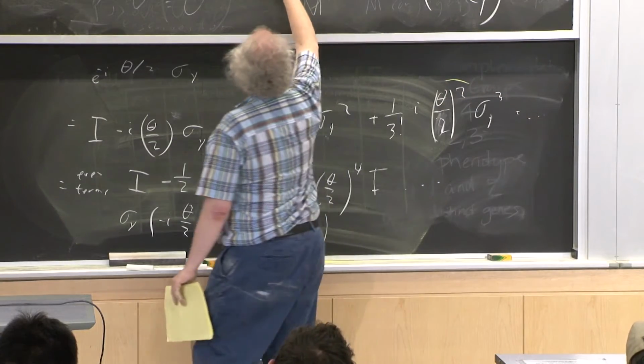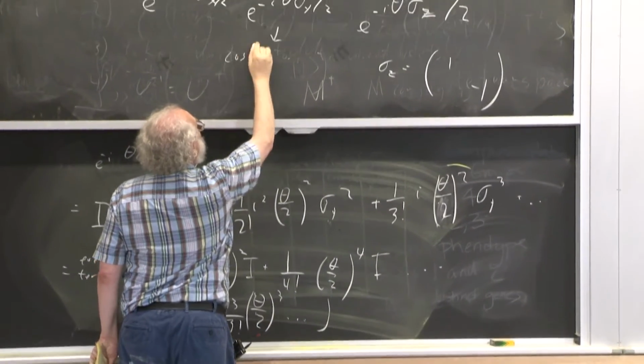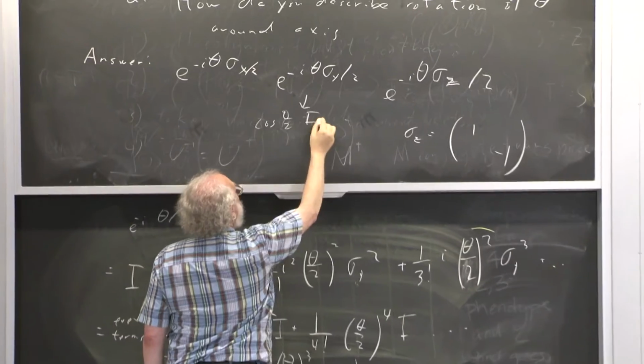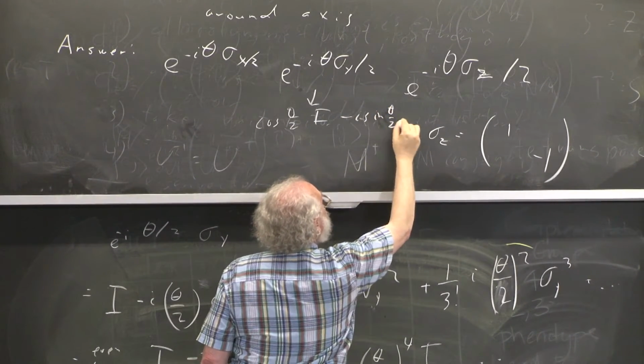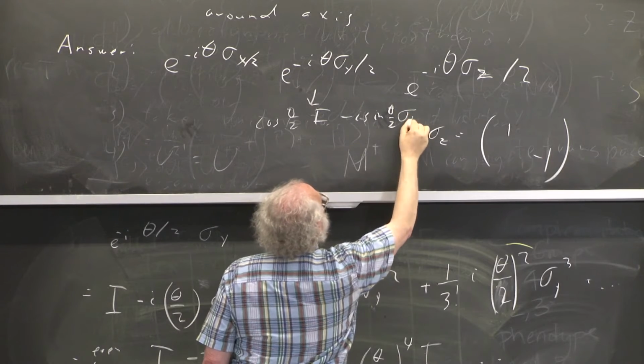So this is cosine theta over 2 times I minus i sine theta over 2 times sigma y,